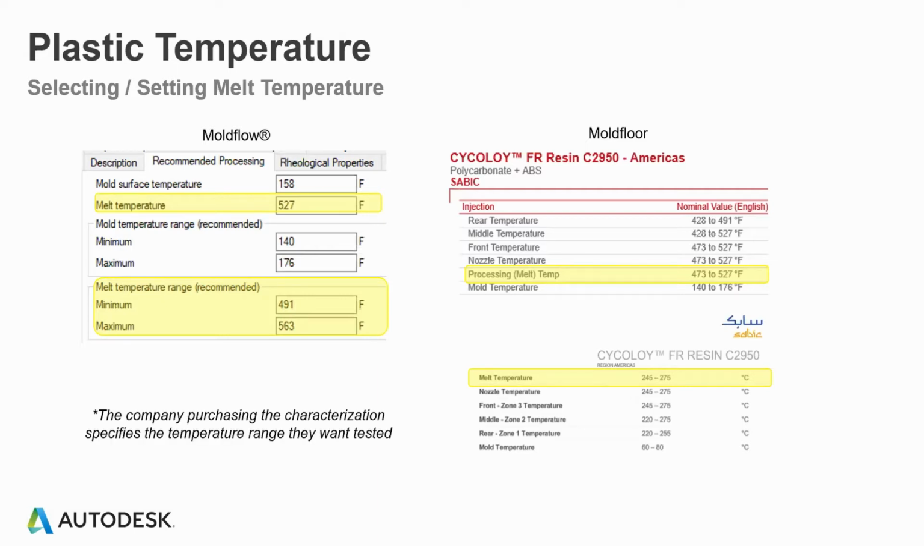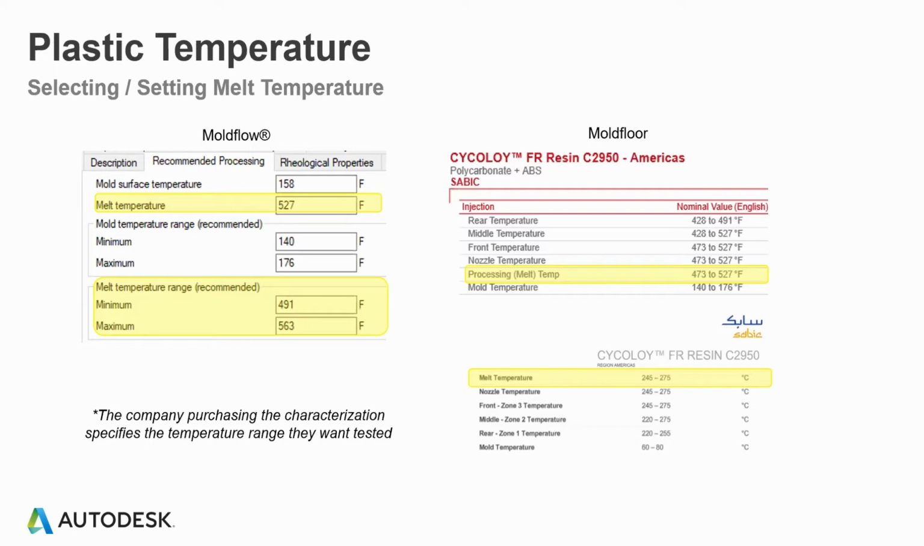that the company purchasing the characterization specifies the temperature range they want to use. So that nomenclature is a little bit misleading. Now, a lot of times it is actually the same ranges, but you have to watch out for when it's not. And I would add here that from the processing side, where does the processor typically start with a melt